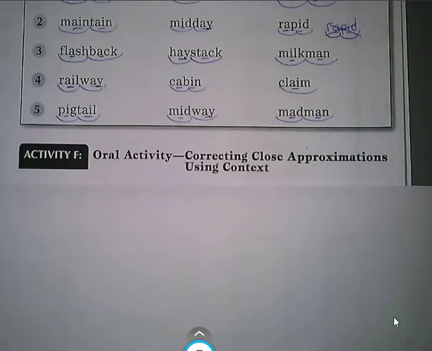Okay, and we're back to continue with Rewards Lesson 1. And we are going to pick up where we left off with Activity F. Activity F is another oral activity. I'm going to say something. I'm actually going to say some words incorrectly, and you need to listen and then verbally say how they should